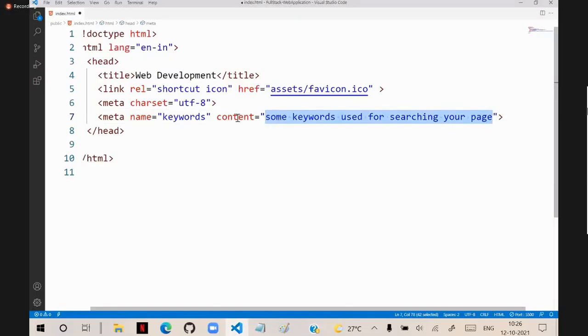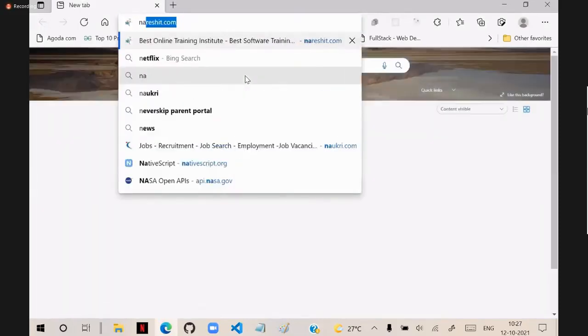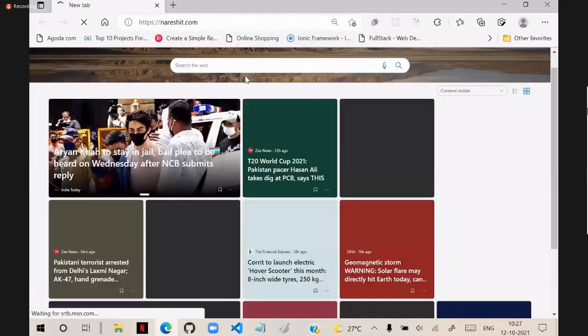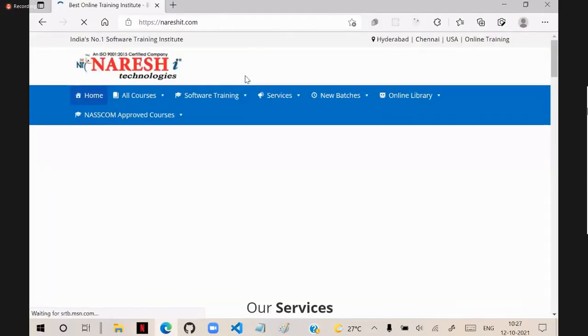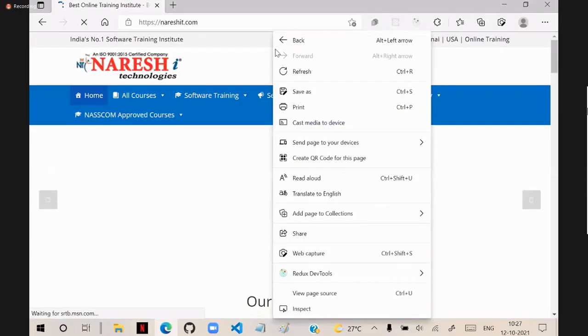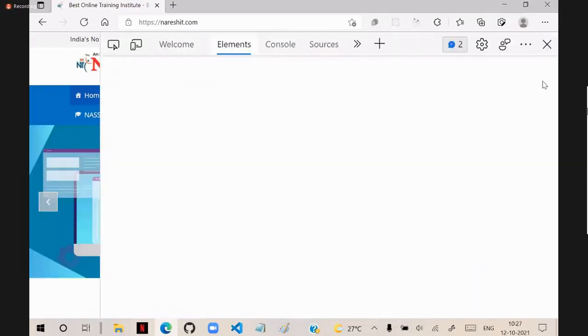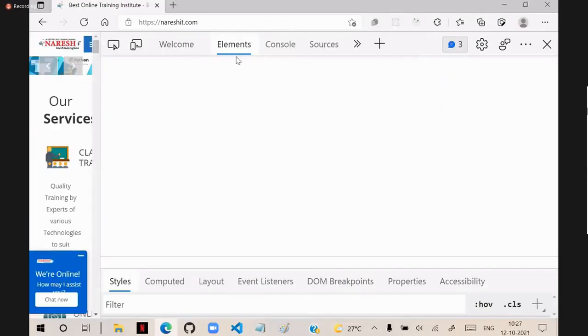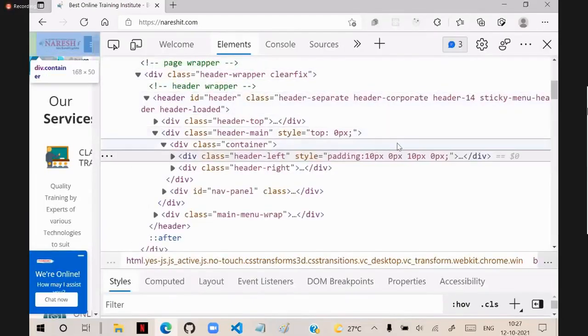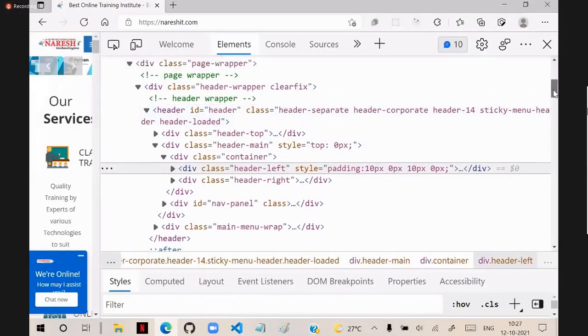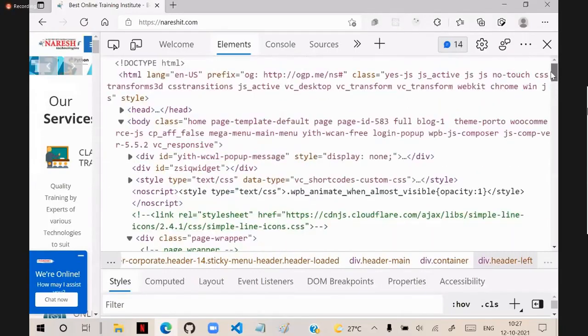So you have to type some keywords. You can see some websites. For example, I will show you the website nareshit.com. When we have this website, let's right click and inspect. We are inspecting it, and these are the elements. In these elements, you can see in the head section,